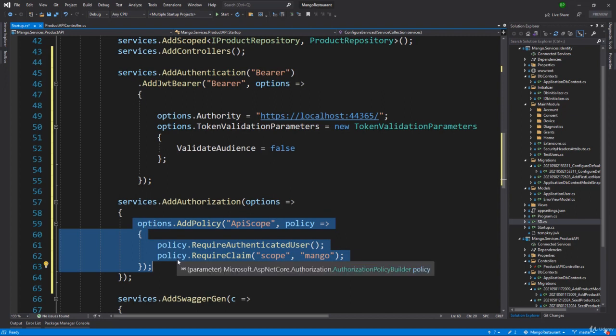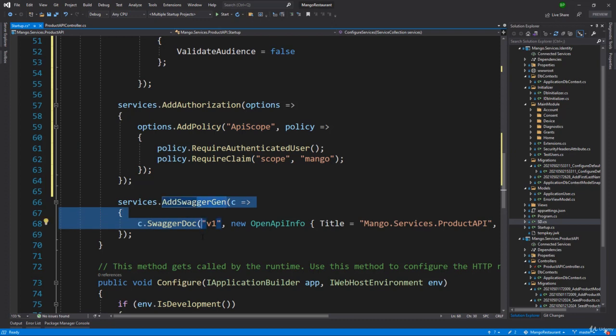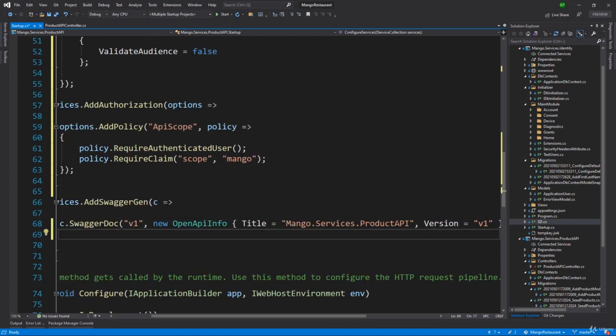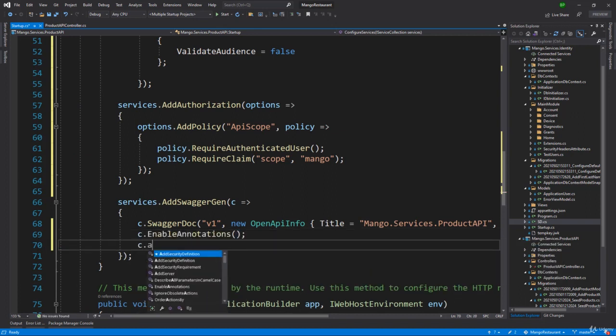Even if you remove this line of code, the application will still work, but I wanted to show how you can add policy and scope. So perfect, we have added authentication and authorization. Next thing we want to add is Swagger Gen documentation. We will modify this. Other than the Swagger doc right here, we can add c.EnableAnnotations, and we will be adding